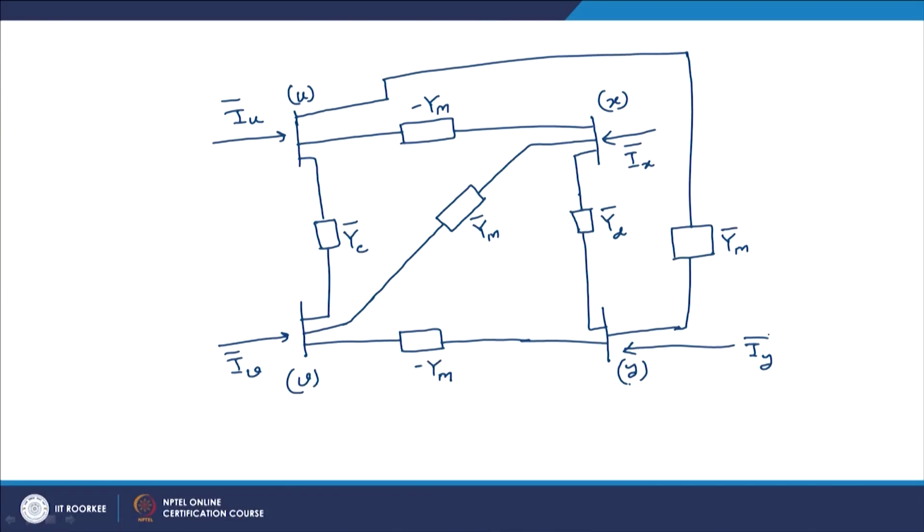Now, suppose that v and y are the same point, that is both v and y are grounded. So, then what is happening? The case is that I have got bus u, and from bus u there is one impedance which is connected to ground. Then I have got bus, let us say x, this is bus u, this is bus x.